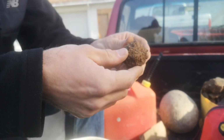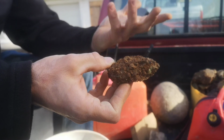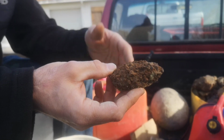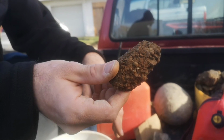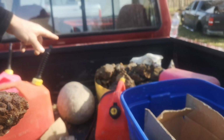This may be a little less interesting. This is conglomerate rock. So this is a whole bunch of little pebbles that were part of an ancient streambed, and probably from the weight of glaciers, who knows just how many tons of ice, it got crushed back together into a bigger rock. Okay. It kind of looks like a reptile skin camouflage sort of thing. And all this stuff here is also conglomerate, bigger pieces of it,